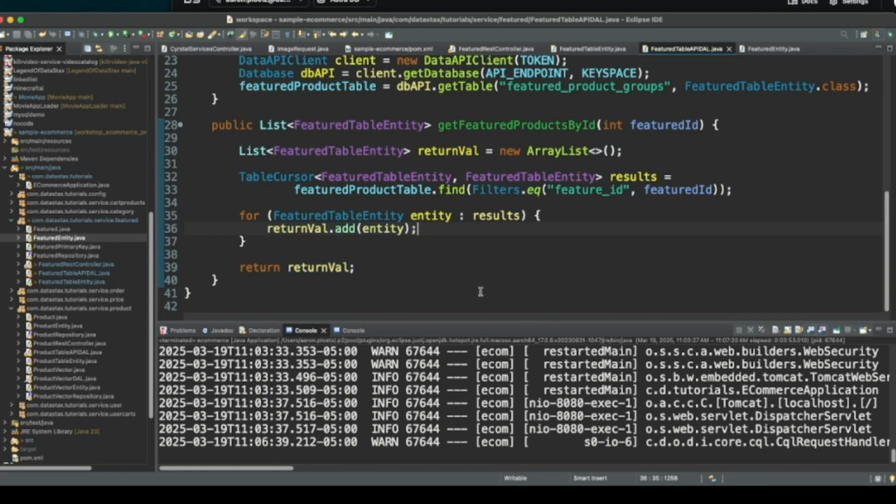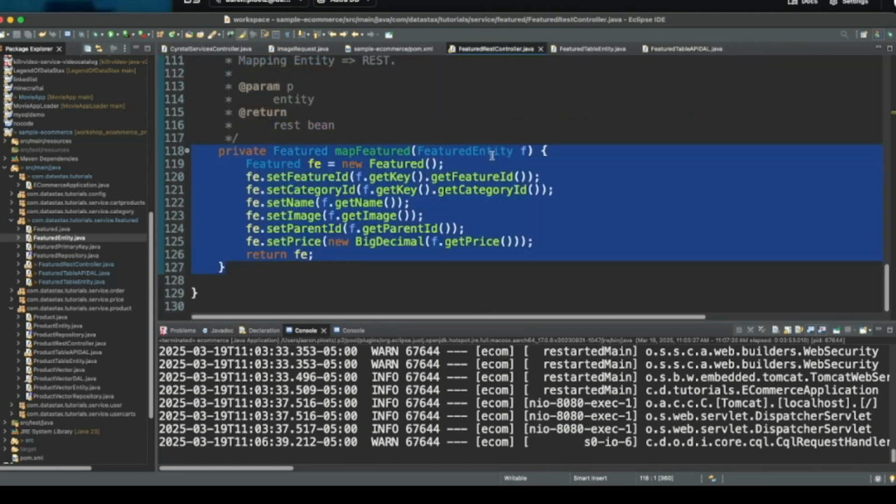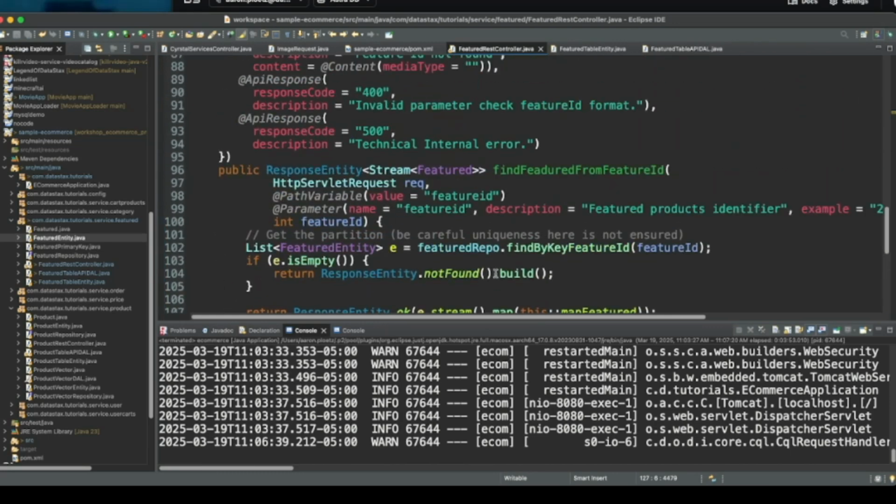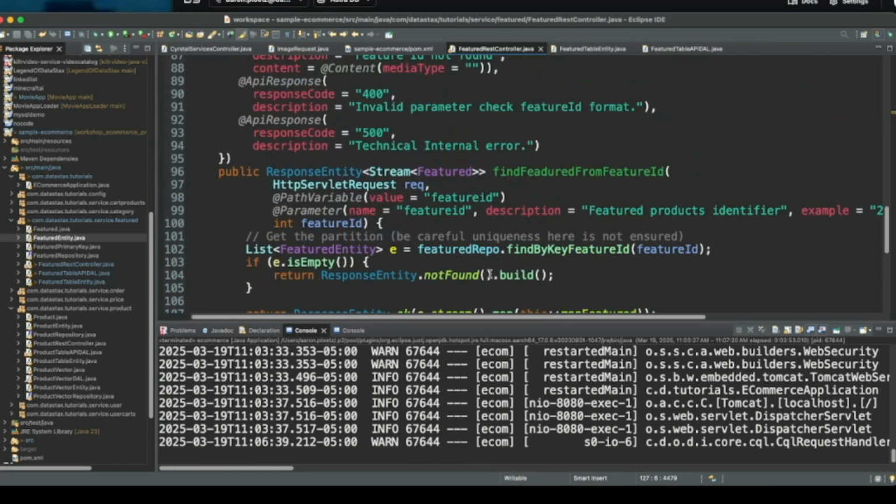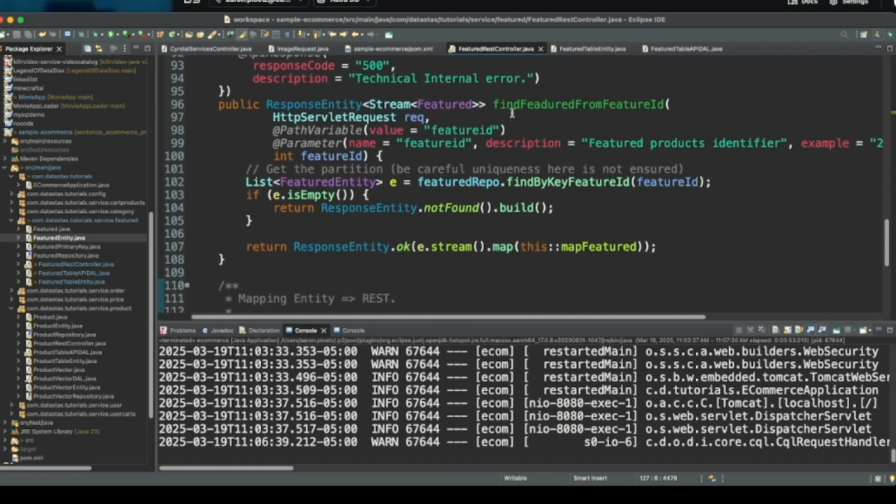Just like that. Now, if we go back to our REST controller here, yeah, so this is the method that gets exposed, this find featured from feature ID. All right. So what I'm going to do here is I'm going to comment that out.